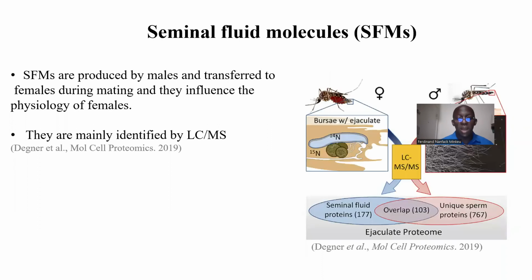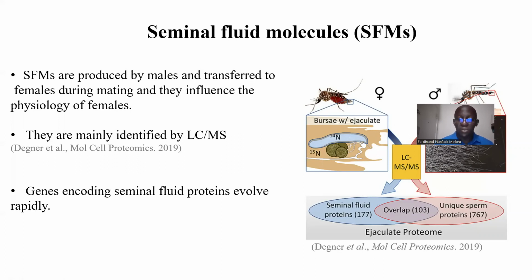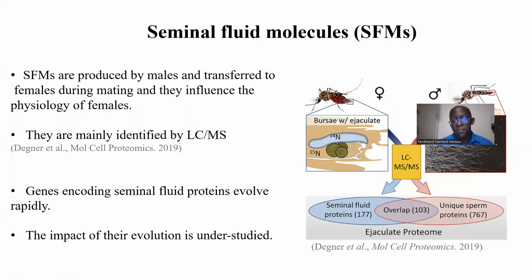They are mainly identified by liquid chromatography and mass spectrometry. As you can see in this image, at least 177 seminal fluid proteins are found in Aedes aegypti. We know that there is a high evolution of seminal fluid, but unfortunately the impact of their evolution is still under study. For that reason, we put in place our